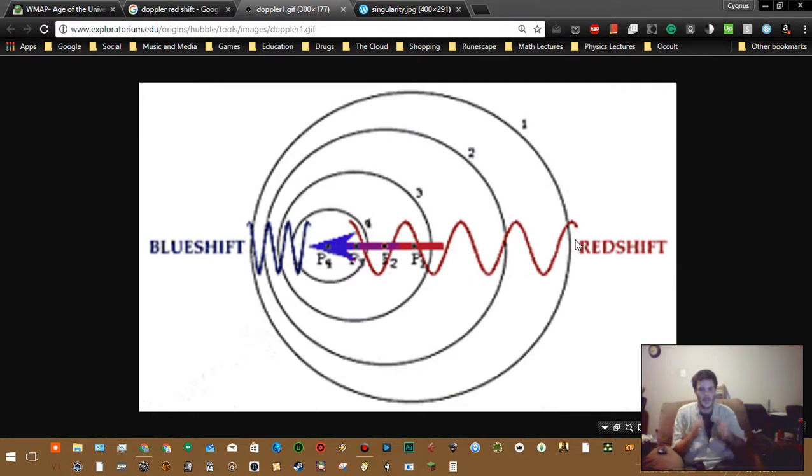With light redshifts, it goes from redder to bluer as it gets closer, and then from bluer to even bluer as it gets farther away. No, I said that wrong. As it gets closer, it gets bluer, and then your light wavelength gets longer. Okay, so when it gets longer, that means you can actually measure how far away from you it is by how bright you think it should be